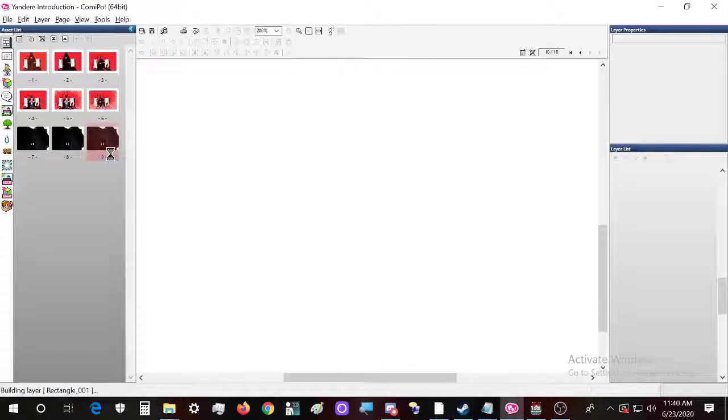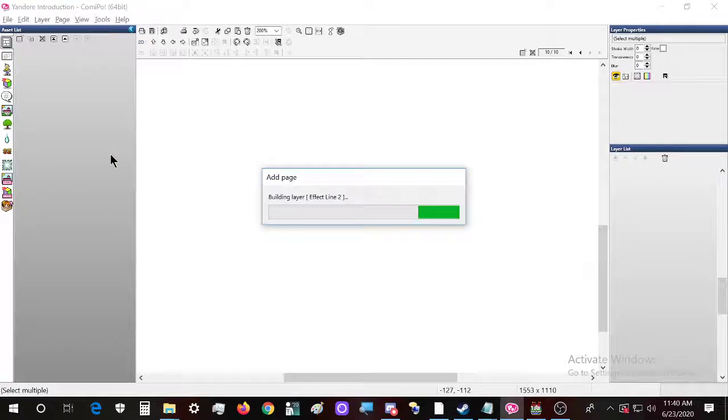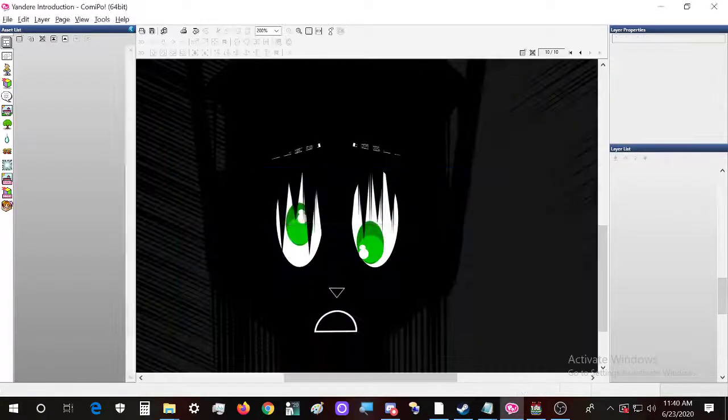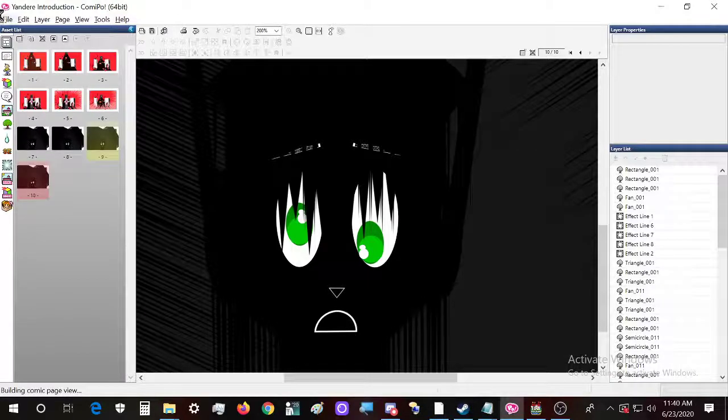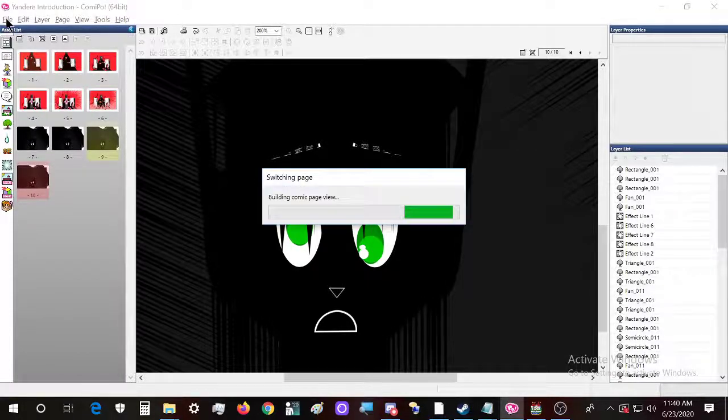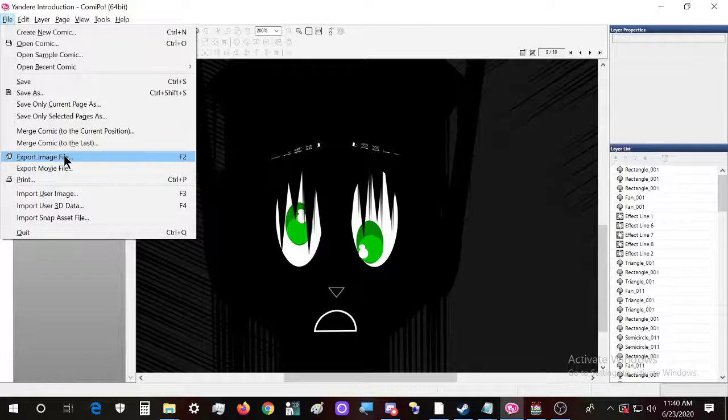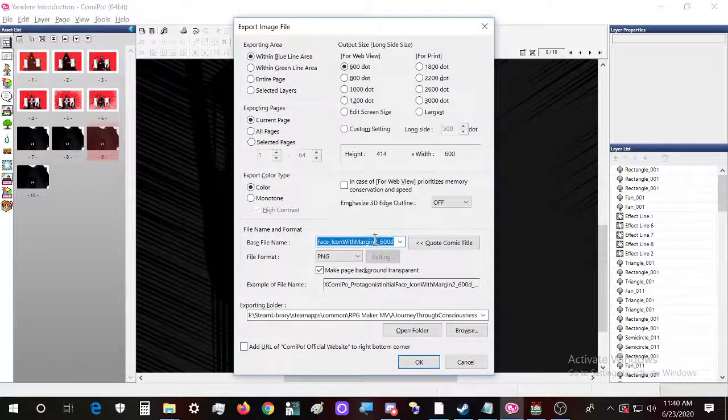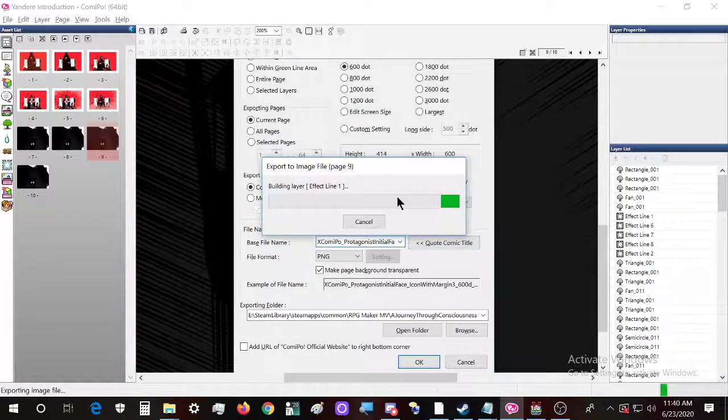Okay, now we duplicate this one as well, because I don't know if I've saved this. We need to export image file. Oh, okay, I didn't save it. Okay, 3. Let's save this.